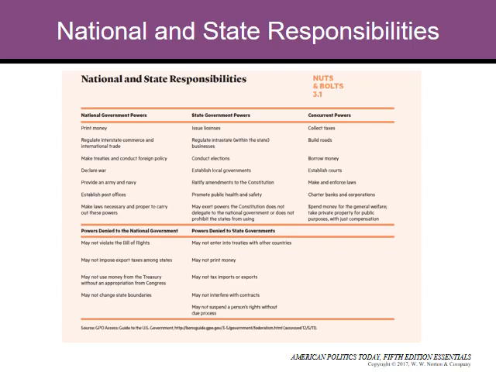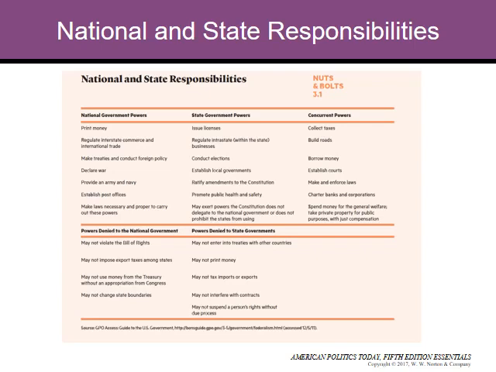State governmental powers are to issue licenses, to regulate businesses within the state, to conduct elections, to establish local governments, to ratify amendments to the Constitution, to promote public health and safety, and they may exert powers that the Constitution does not delegate to the national government, nor prohibit to the states. Those are state powers. Concurrent powers are things like collecting taxes, building roads, borrowing money, establishing courts, making and enforcing